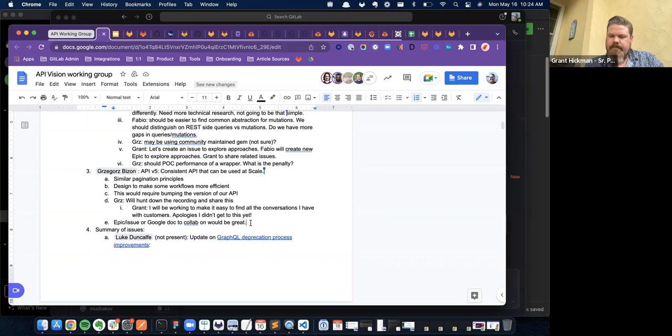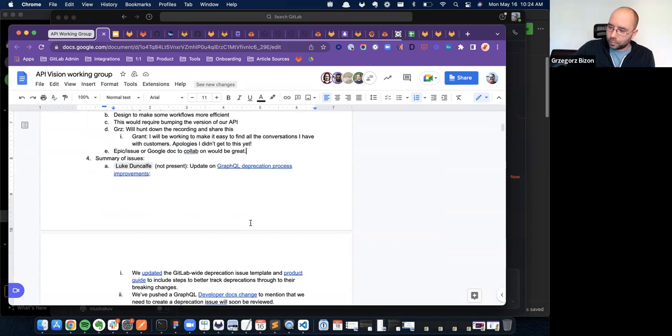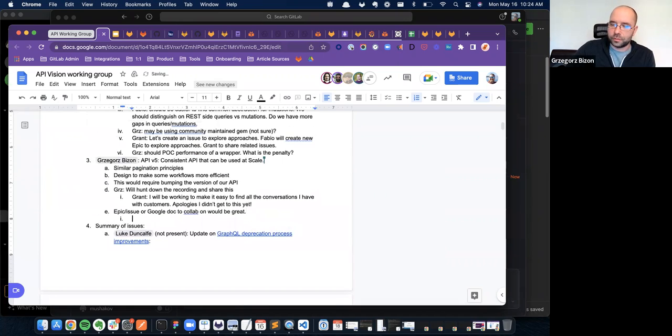Right. And there are a lot of opportunities, a lot of things we could do. So enumerating that somewhere, brainstorming stuff like that, I think it would make it so much easier for us to prepare our API version 5 that way. And I'm saying version 5 because our current API is kind of inconsistent. We need to break compatibility to introduce this consistency. So it would be the next major version of our API.